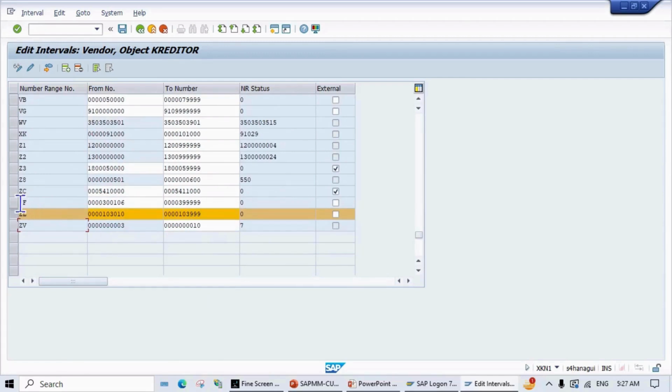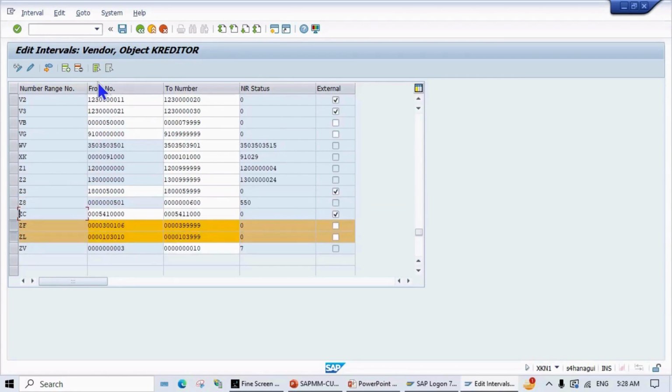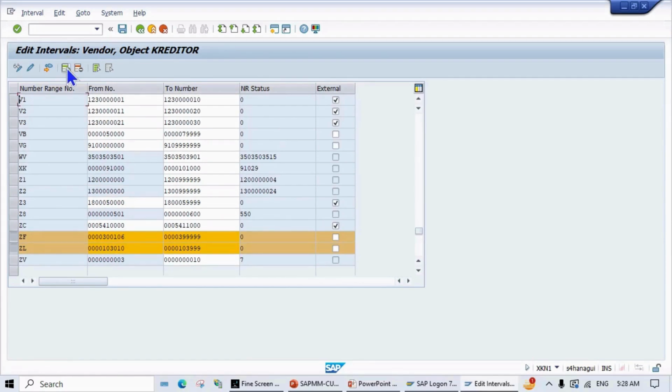So ZF is the 3000 series, ZL starts from 1, ZF starts from 3. And now for the one-time vendor, what we will do, we'll create,